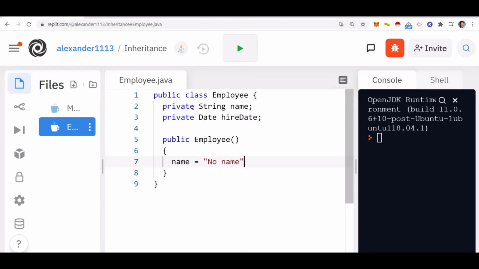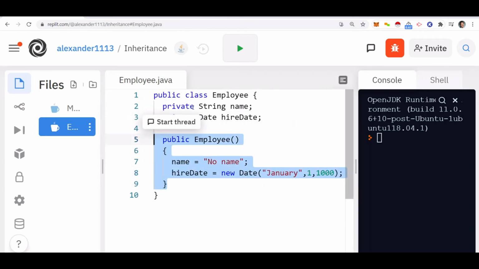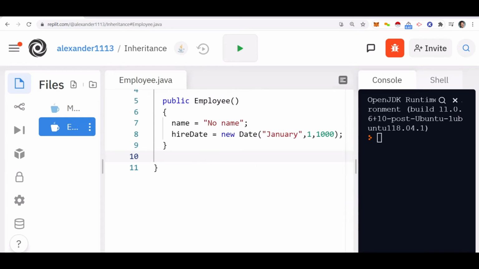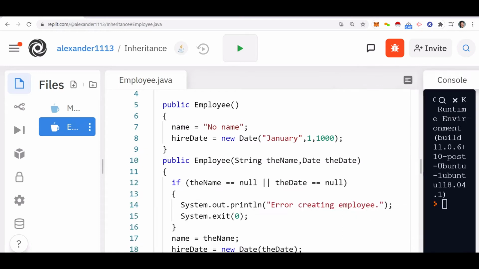So no name, and then hire date would be new Date, January 1, 2000. Basically we're just creating placeholders. So again, we're creating a simple parameterless constructor. And then we're also going to create a second constructor here that is going to allow us to initialize the private variables when we